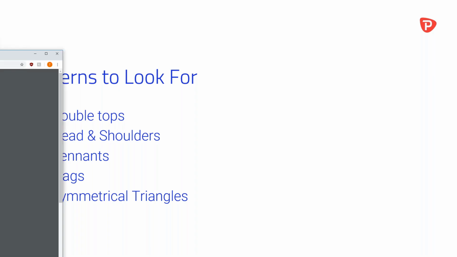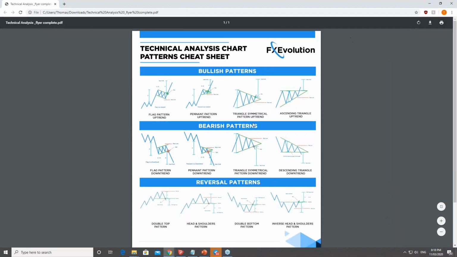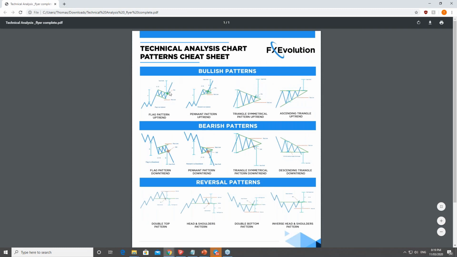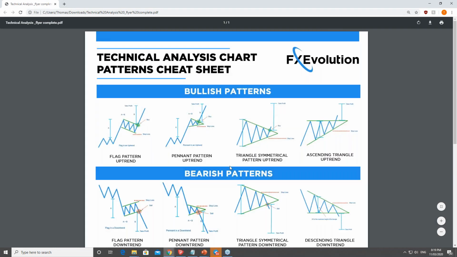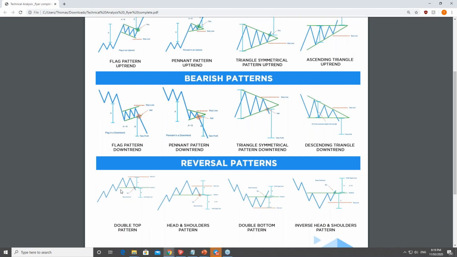It's obviously completely free, and it looks like this. It's basically something you can print off or have on your computer, and it just gives you some basic patterns and take profit targets and those types of things that you generally should be looking for. Some great ones are double top patterns: in a decline upon the market increasing, a double top occurs and it starts selling off. Very, very nice patterns to see.